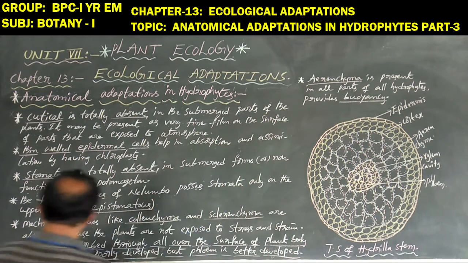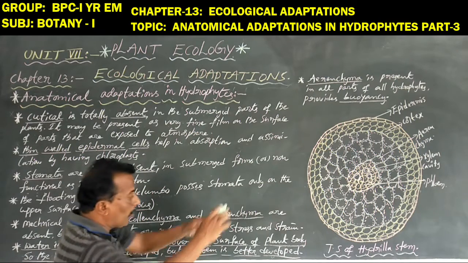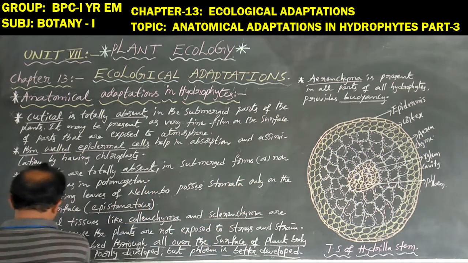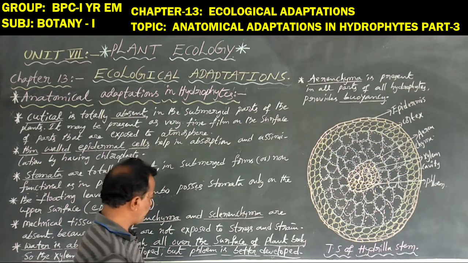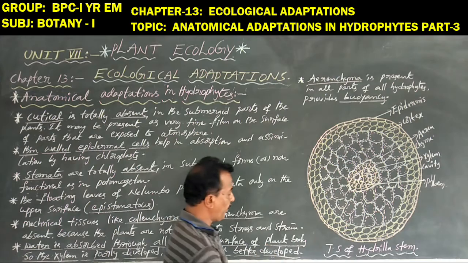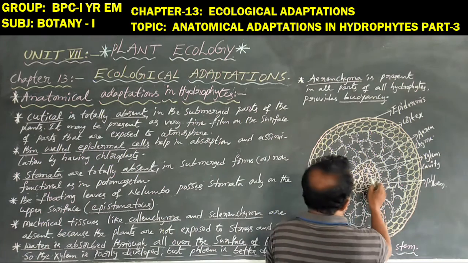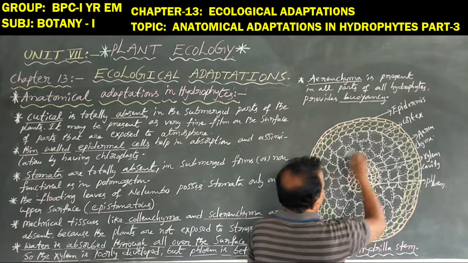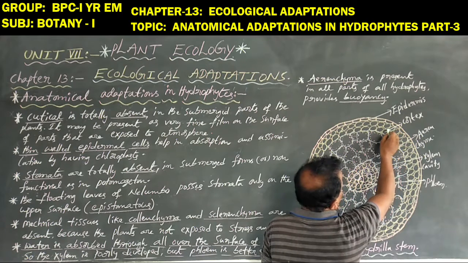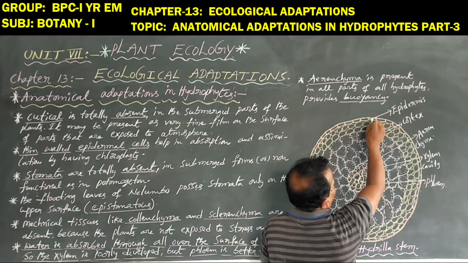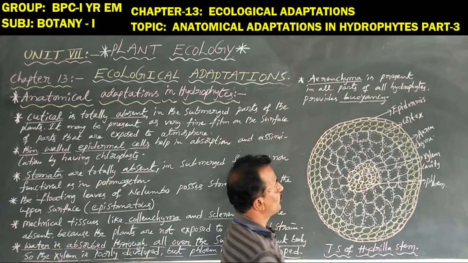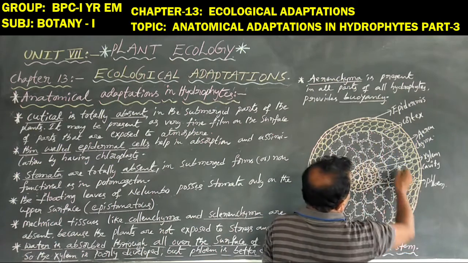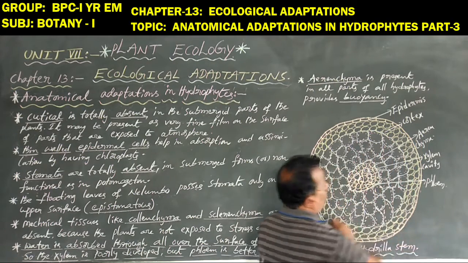Okay now. Water is absorbed through all over the surface of the plant body. So the xylem is totally reduced, but phloem is relatively better developed. So dear students, this is the epidermis, this is the cortex. Epidermis is single layered and thin walled, not covered by cuticle. This is the cortex. Cortex is two or more layers, and below it is totally parenchyma.